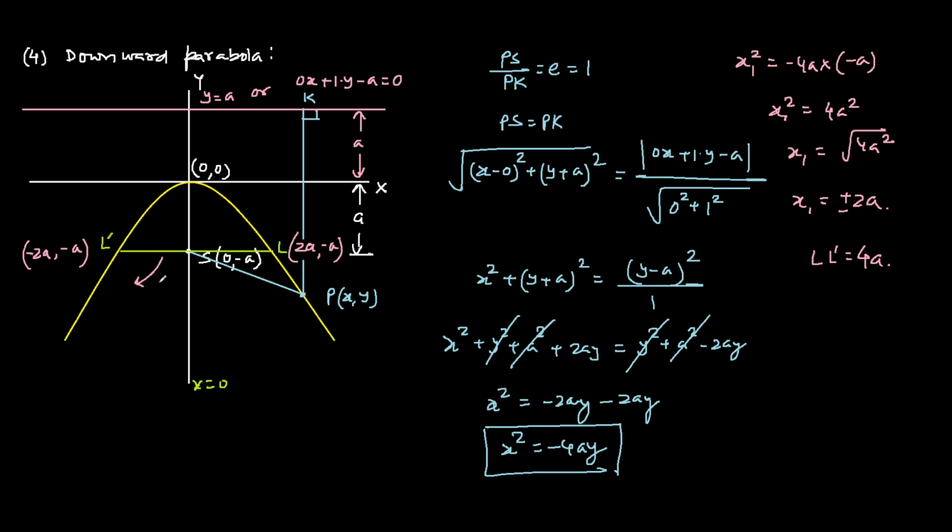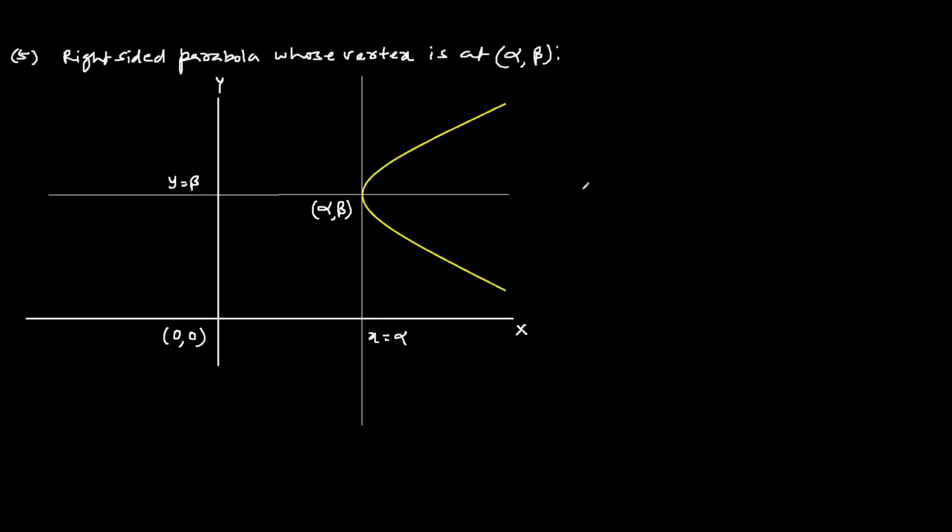Now we can write the equation for latus rectum, which is y equal to minus a. Now let's see the right-sided parabola whose vertex is at alpha comma beta. It means the vertex is not at 0, 0. The vertex is now shifted to alpha comma beta and it is a right-sided parabola. So the equation of the parabola is now